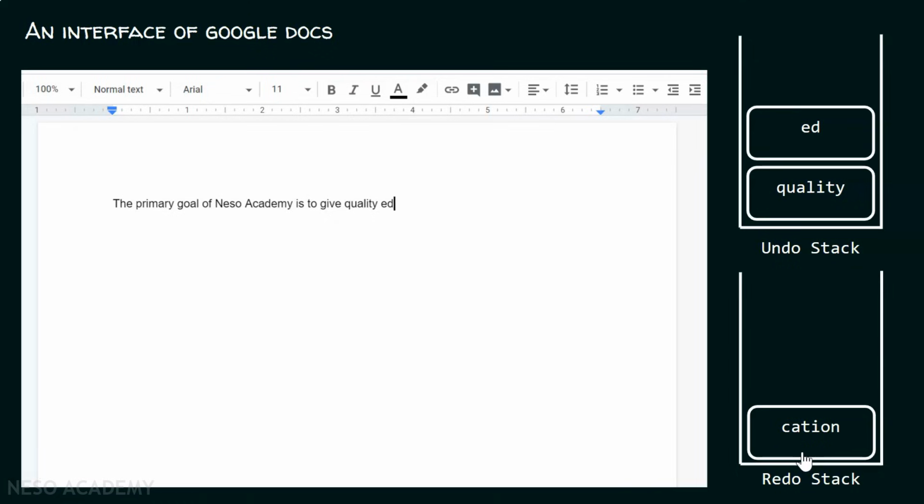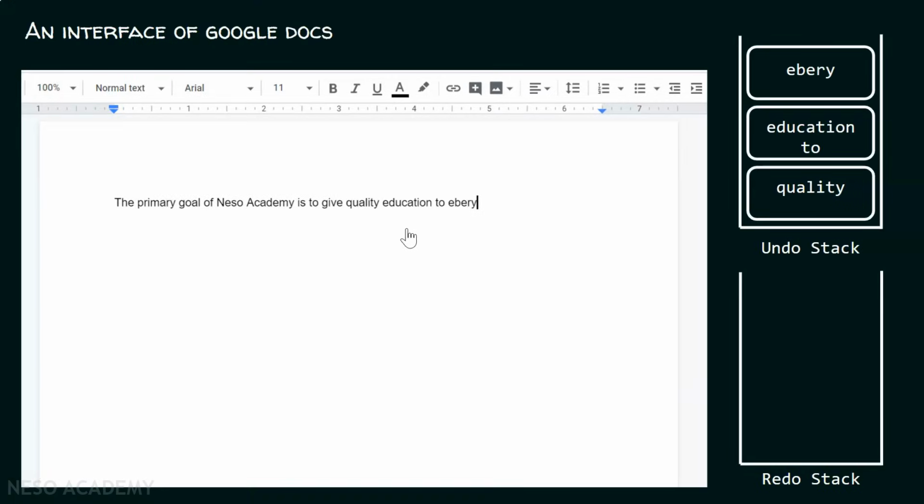Because when I press Ctrl Y, that is redo, then we can get that again. That is this cation, I would be able to get that again over here. Maybe I want to redo my operation. That is why redo stack is also required. Now I can continue writing. I have written the primary goal of Nestlé Academy is to give quality education to...